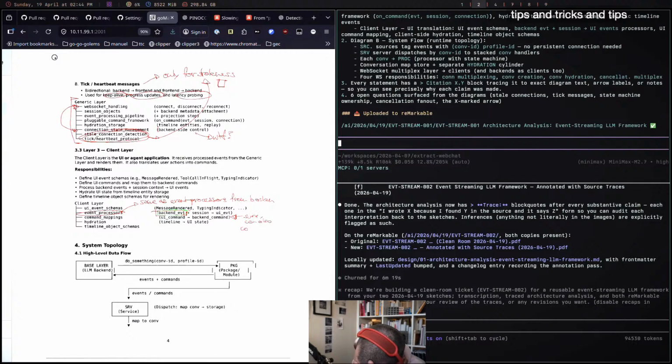So here I'm getting ideas for my design that I didn't have before. The mapping of backend events to UI events can be defined by both the backend and the front end, right? They both should be able to register that kind of stuff. And similarly, mapping a UI command to the backend command, where is this all happening?